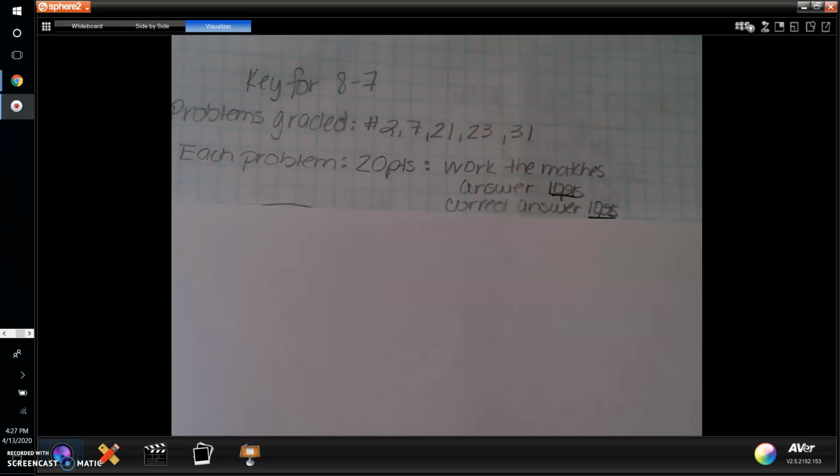All right, let's talk about the problems that were graded from 8-7. The problems Mr. Jones and I selected were 2, 7, 21, 23, and 31. Each problem is worth 20 points. The work that matches the answer is 10 points, and the correct answer is 10 points. So let's go ahead and start with,